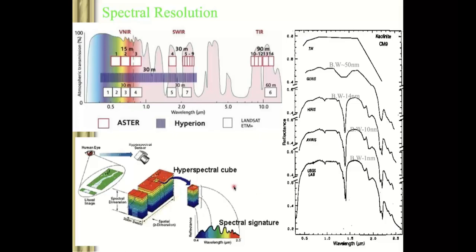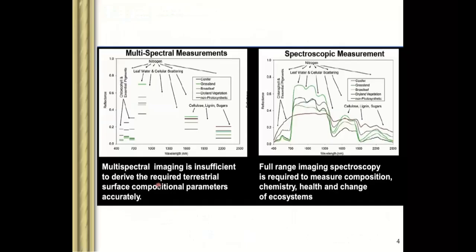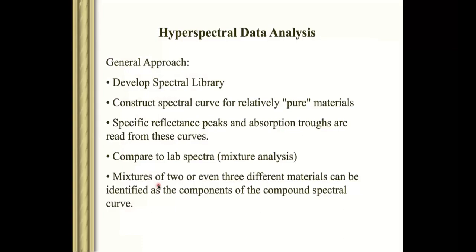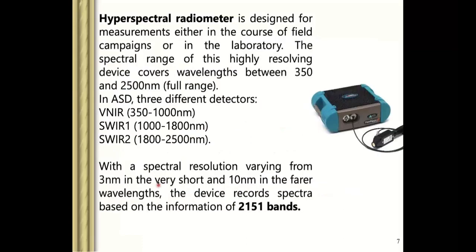So in unsupervised classification, sometimes we have to go to the field to see what the actual thing is over here, after doing the classification. In supervised classification, we already know the signature and everything by using our hyperspectral radiometer, the handheld one I showed, and then I run over the cube to get a similar type of signature from the area. So both the approaches are slightly different, but first we have to have a signature.